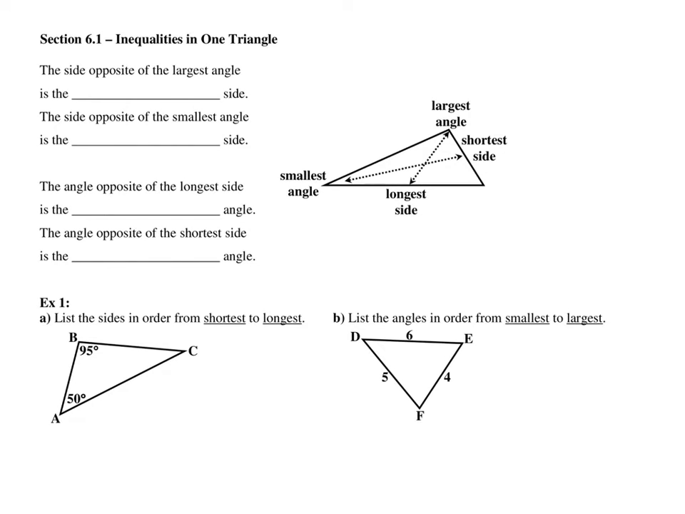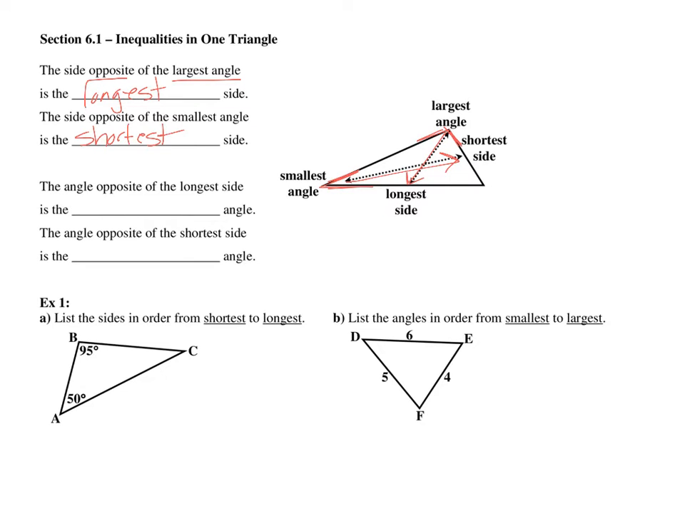All right, starting section 6.1, inequalities in one triangle. Now, the side opposite of the largest angle, here's the largest angle, the side opposite to it would be the longest side. And the side opposite of the smallest angle, here's the smallest angle, side opposite to it would be the shortest